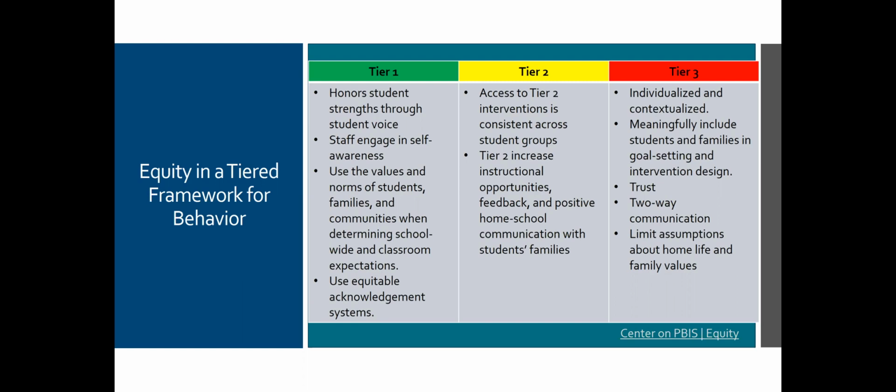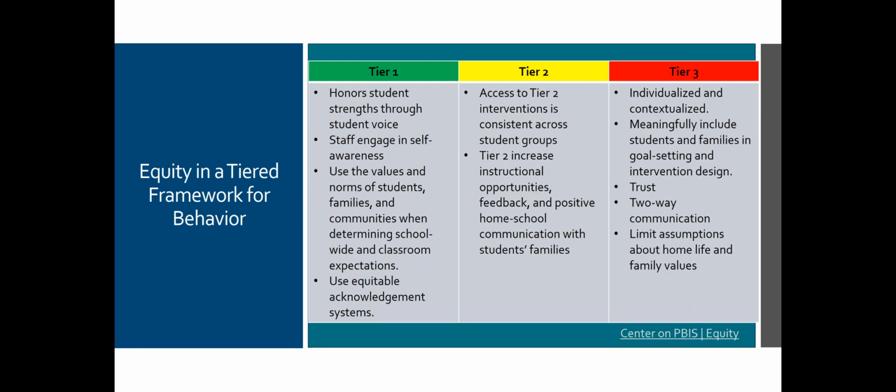Is there trust? As I said, there's an individualized component at tier three. Does the student trust the provider? Does the provider trust the family? All of that plays a role at that very intensive tier level. Is there two-way communication between family, school, and student? All of that, so that it doesn't appear that one entity has full reign over how everything goes, that there's